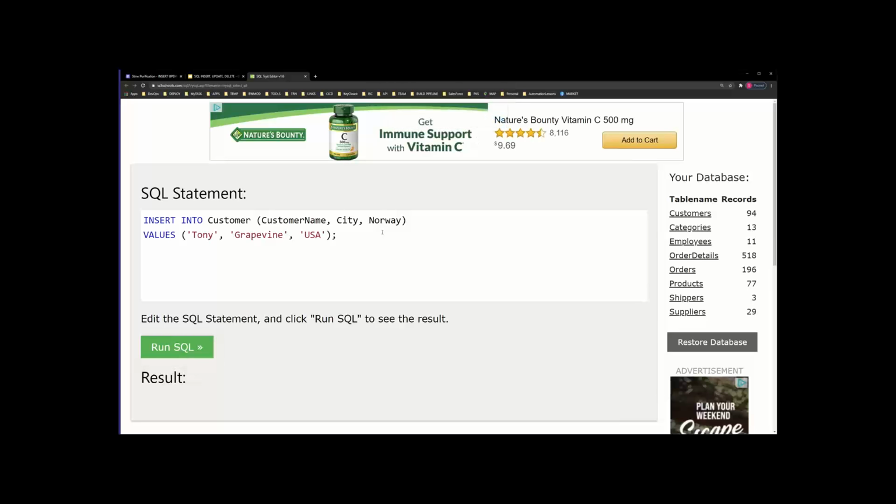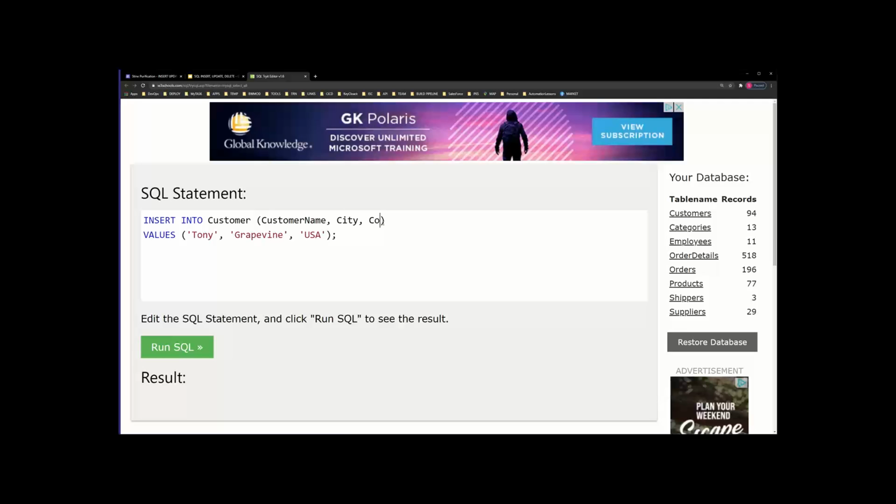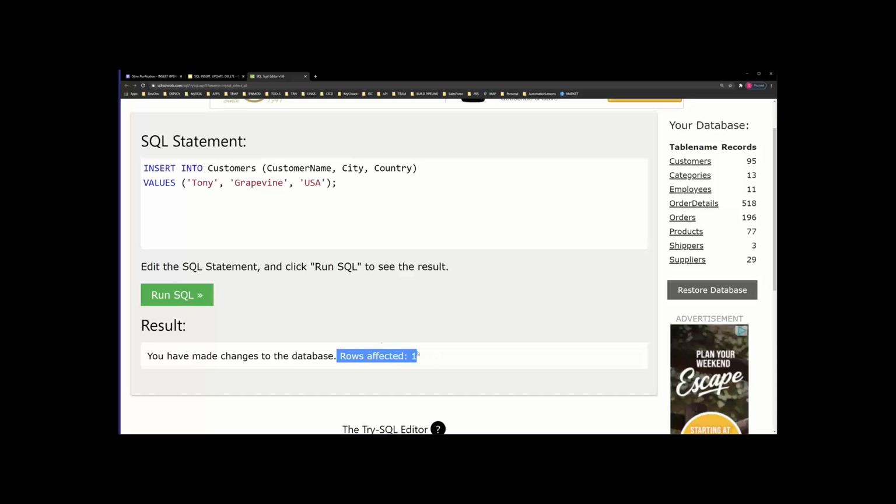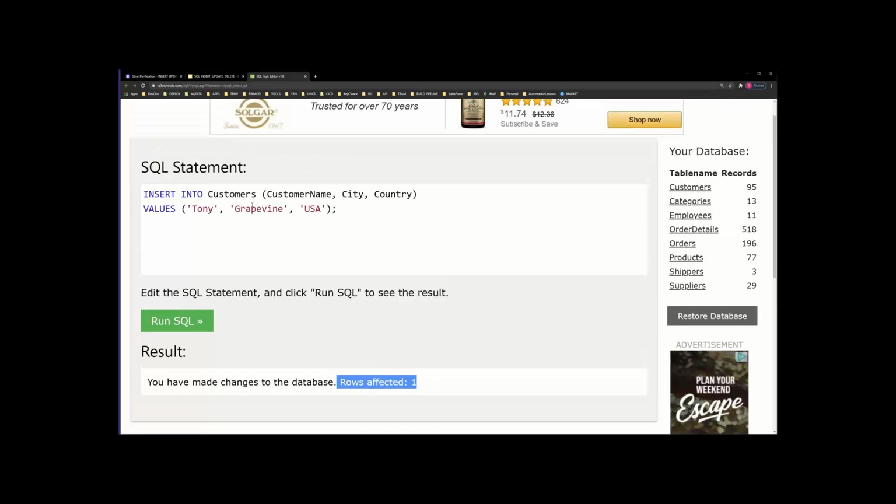And mistake right here. Oh, yeah. Or did I put no? Run it. Still mistake. Customers. Customers. Typing error. One row affected. Notice how many times I made a mistake, and it's totally okay for you to make mistakes